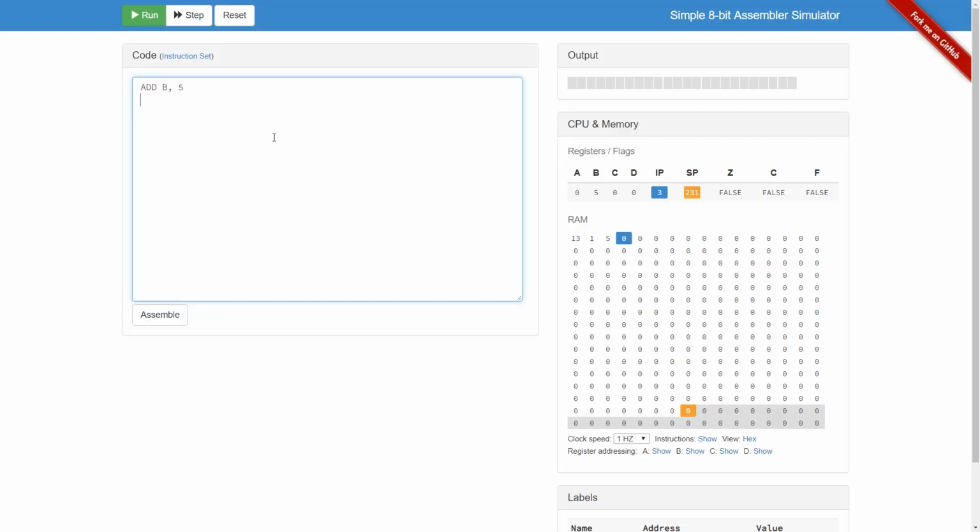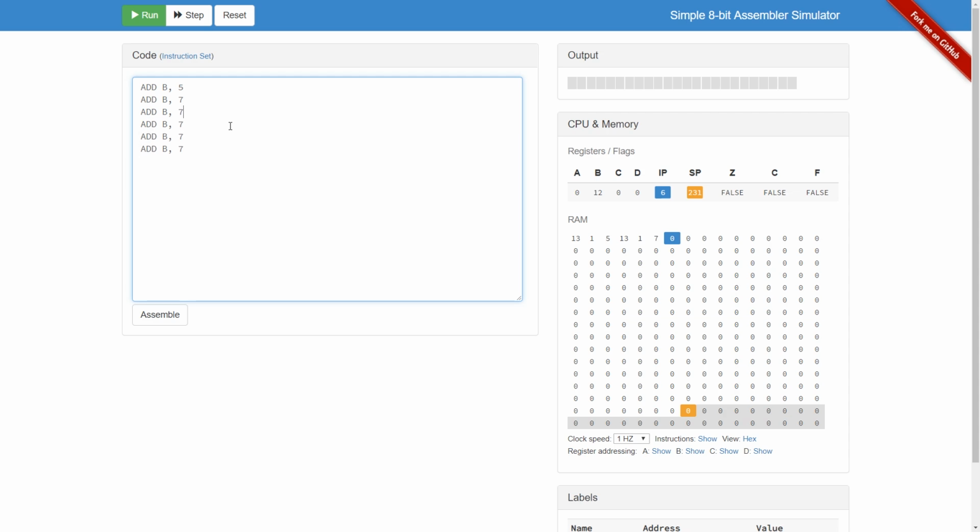So if we play with this a little bit more, let's say add B, then 7. If we assemble this, you'll see that we have 13, 1, 5. That is the first add instruction. And then we have 13, 1, 7. So into register 1, we want to add 5, and into register 1, we want to add 7. It's because we have the add instruction. So once a second, we have 5, then we have 12. So if we keep doing this,